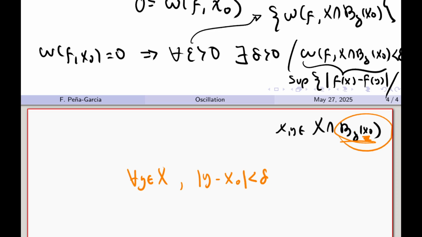This is equivalent to saying that y is here, and it will follow that